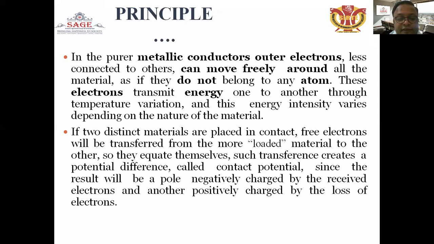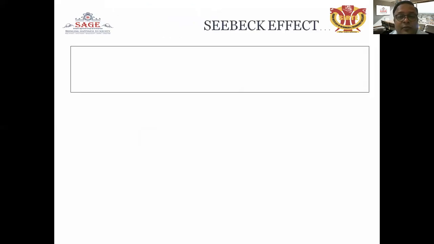तो जितनी भी एनर्जी का जनरेशन हो रहा है, that is the creating of the negative and the positive charge. So negative charge will be received by the electron, and the positive charge is the loss of the electron. What do you mean by the Seebeck effect?